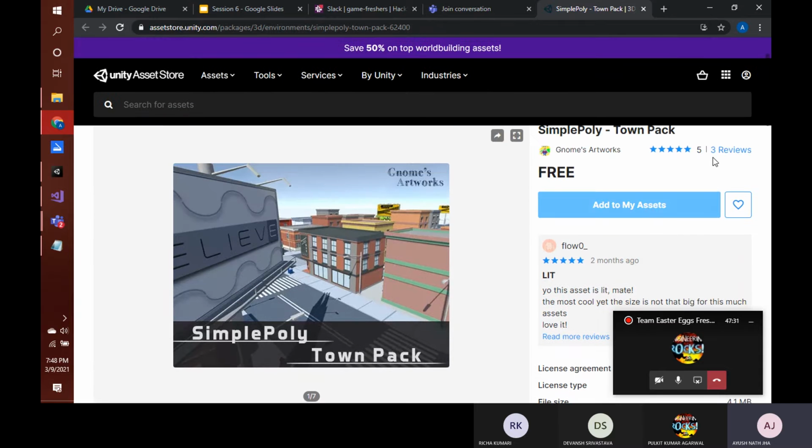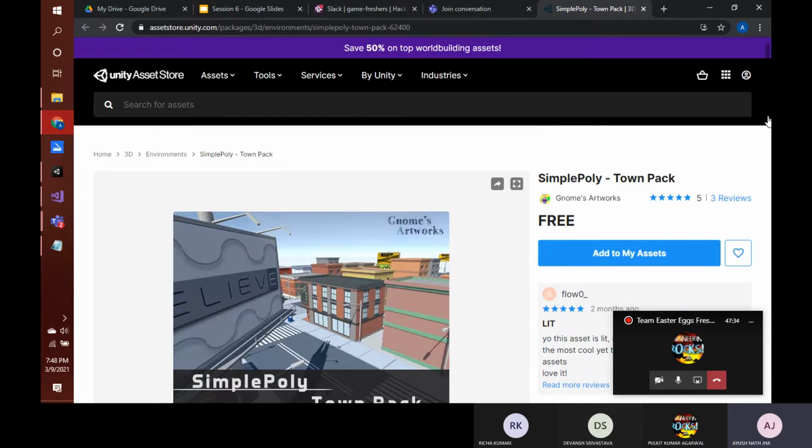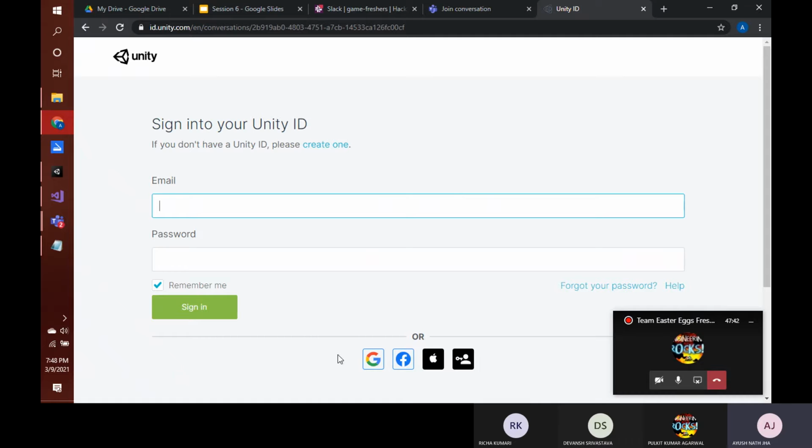So let's first add this to my assets so that I can import it. So here you have this add to my assets option. You can click here, and then hopefully it will take me to sign in.